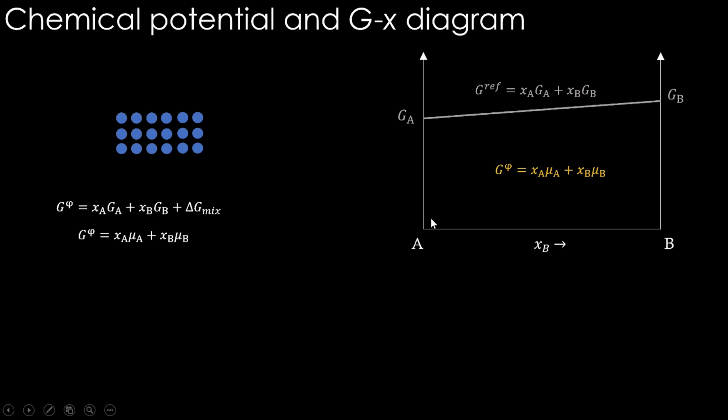You start with pure A, here it is completely pure A, and this is going to gradually become pure B. Okay, the number of orange atoms are going to increase here as we go from left to right. And then what happens to Gibbs energy at each of that composition? Total Gibbs energy, this G_phi, we are going to track that. It's going to become something like this. You can see.